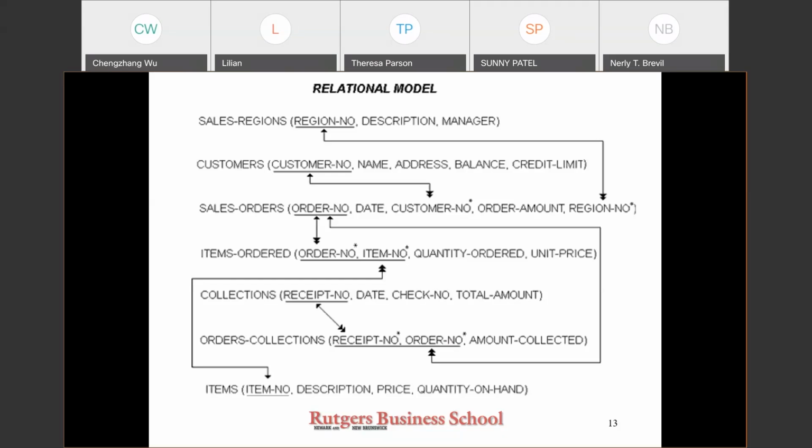Similarly, the M2M relationship between sales orders and items is implemented by means of the item ordered table, which also has a composite key, formed by taking the primary key of sales order and the primary key of item. The item ordered and order collection composite key tables